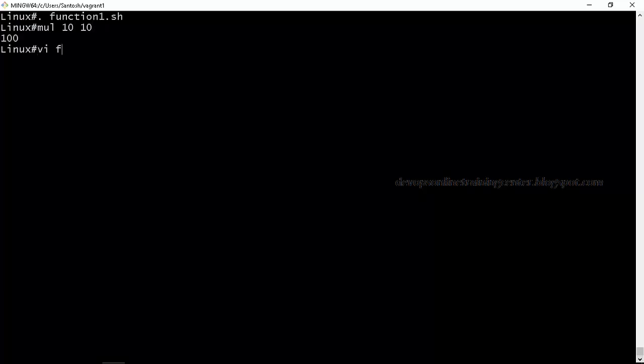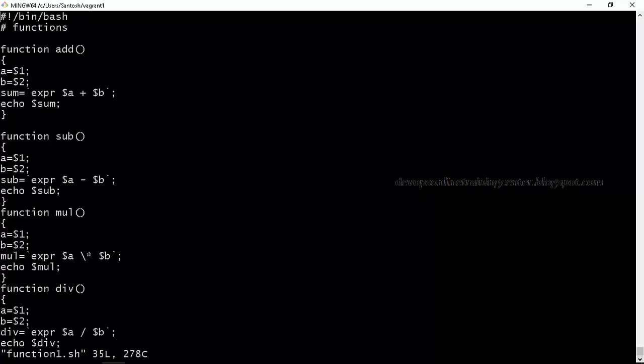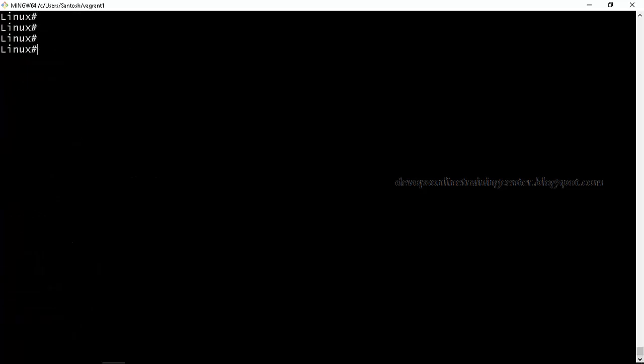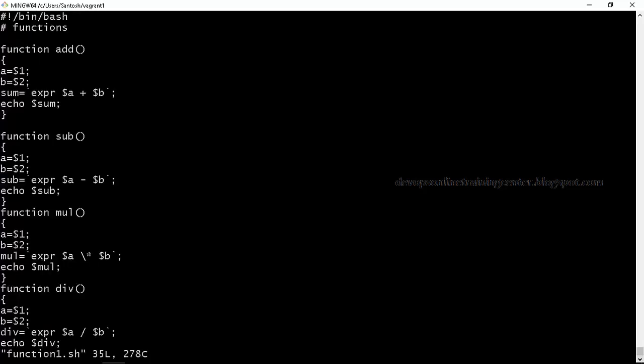Okay, the problem is we have changed the file, but we need to export it again so that the changes will come into effect on the command line, right? If we change something and directly execute, it will take the old exported functions. Since we have changed something in the script, we also need to refresh it, something like again we need to export it. So that we did and it is working.